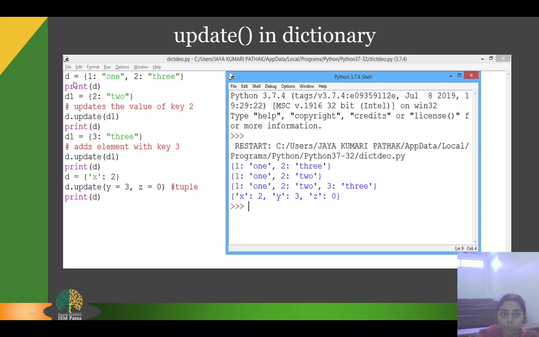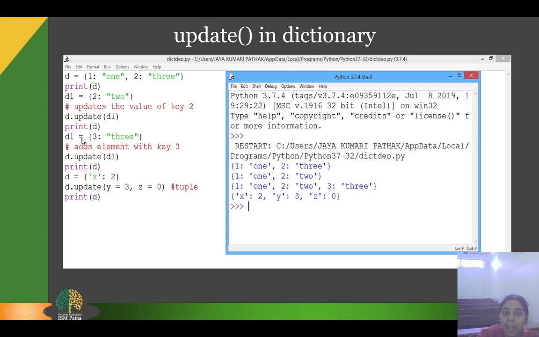It means you can see that D has 2 equals to 3. But now I have updated D with 2, so now the value becomes 2.